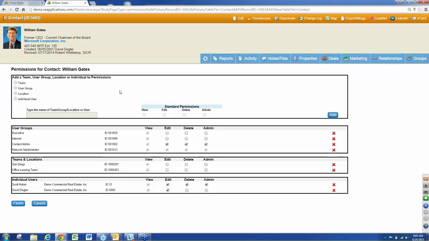When you click on it, you're going to come to a screen that looks similar to what you're looking at now. And the idea here is, if you look at these rectangles down here at the bottom, these are the different user groups, the security user groups. Any user whose login and password has one of these user groups is going to have the ability to see this record. Here are teams and locations. So the San Diego location and office leasing